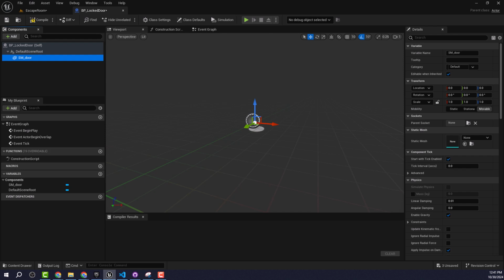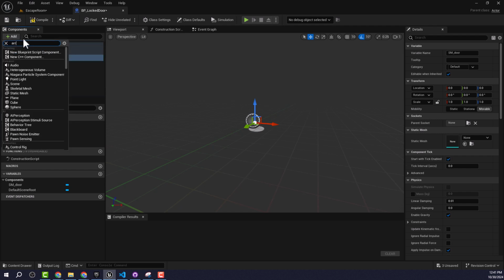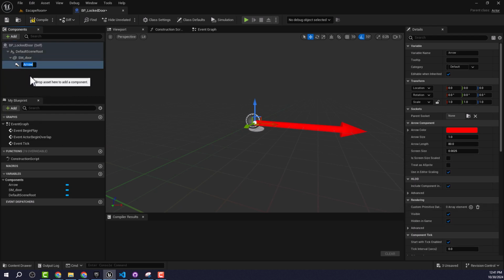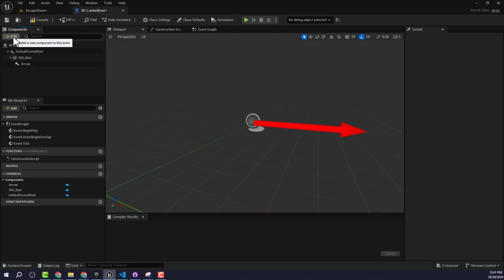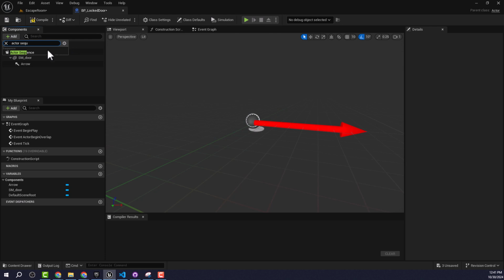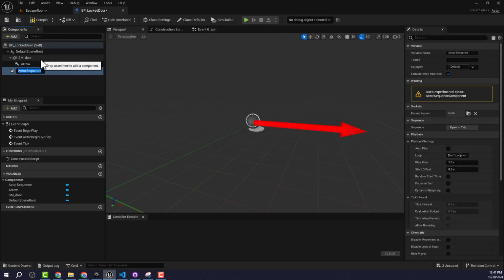After that, we want to add an arrow, and that arrow is going to be used to show us, when we place it in the world, which way is the front of our door, which way our door is facing. The last thing is going to be an actor sequence. The actor sequence, we're going to use it to animate the door, to initiate it opening. And so with the actor sequence, we can go ahead and name it